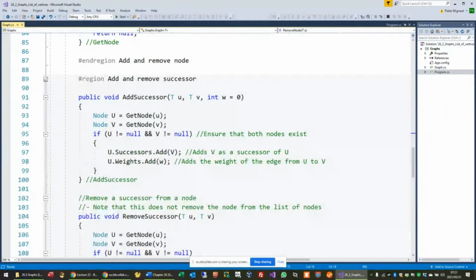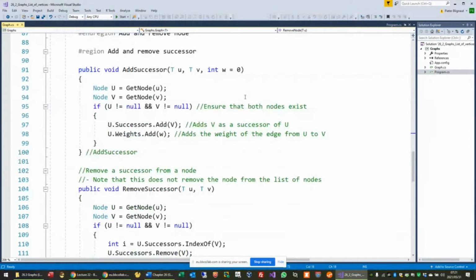So if we carry on, I can now add a successor. That is an edge between two nodes from U to V. And a successor is just an addition to the list of successors of U. So remember, my node has a list of successors. And when I want to add a successor, I add to that list with a normal list add method. And I have to add something. So the thing that I want to add is